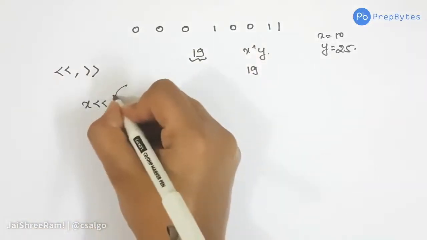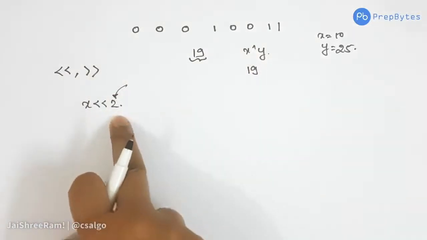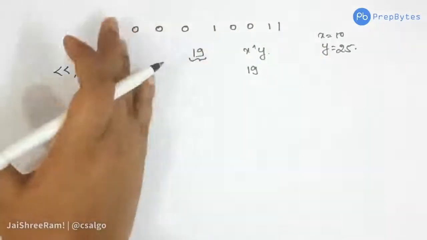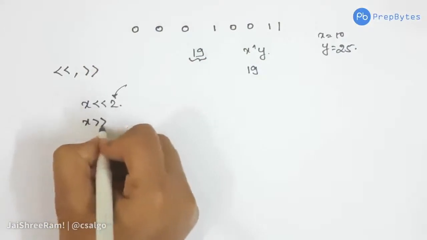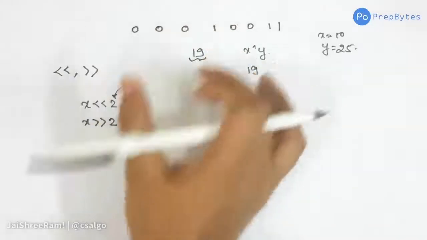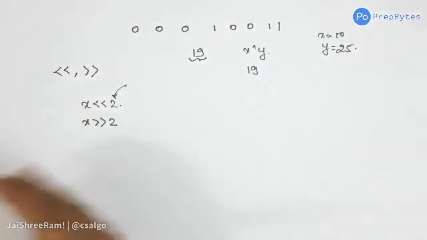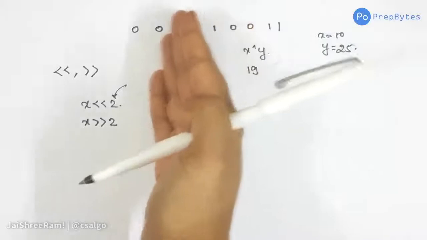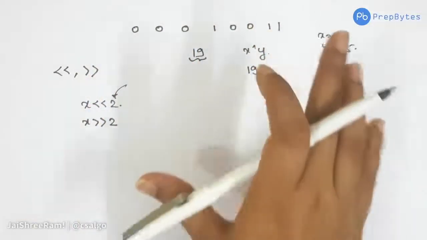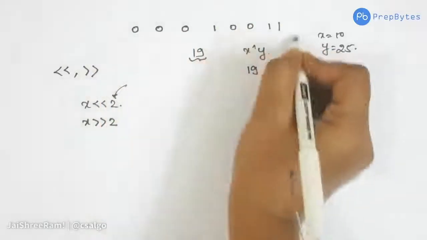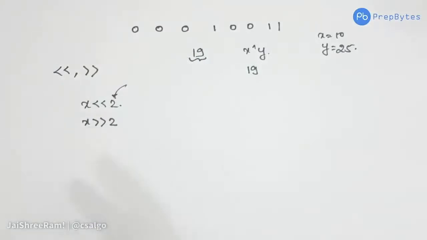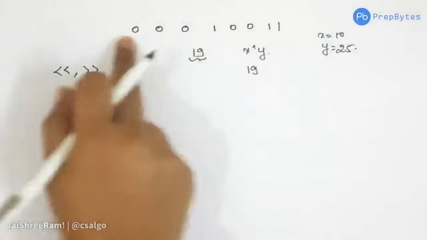This could be any number. Obviously, I am using 2 here because I want to shift the bits on the left side by 2, and by this we mean that I want to shift the bits on the right side by 2. So what happens if you shift the bits by 2 on the left side? The bits get shifted to the left and the last 2 bits are filled with 0. You can think of this as a window, and whatever goes out of the window is gone. So let's shift this by 2.